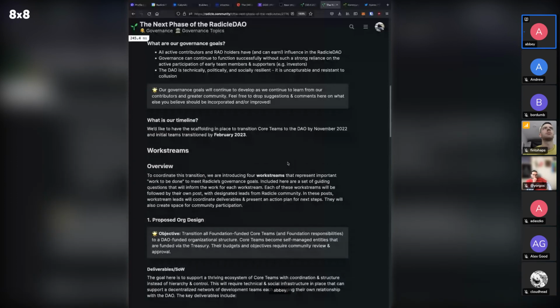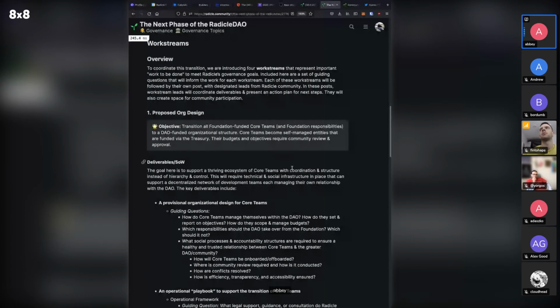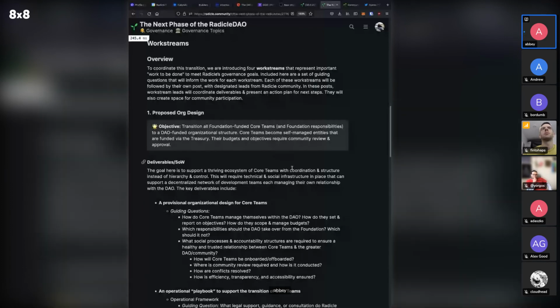We'll probably talk about it in Amsterdam, but I wanted everybody to take a look because I've proposed 4 work streams that outline specific chunks of work that are going to need to happen to achieve these governance goals. These are not going to happen all at once. They're going to happen in tandem on different timelines, but the goal here is to create the space to say this is what needs to be done to meet Radicle's governance goals